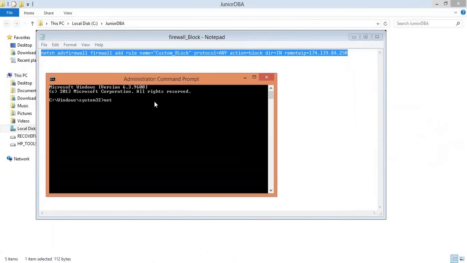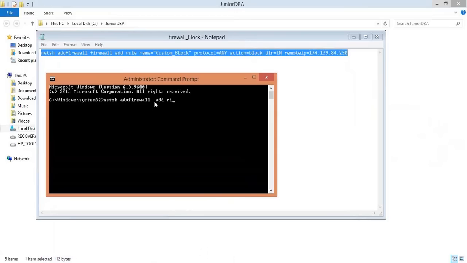There you type netsh advfirewall. If you are using Windows Server 2008 and above, you have to use advfirewall. If you are using Windows Server 2003 and below, netsh firewall is the command to edit.